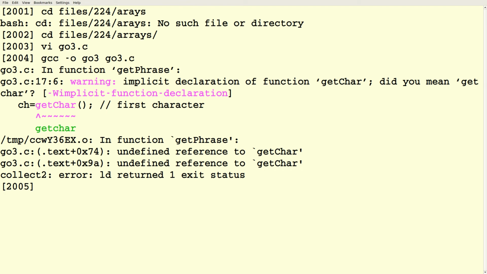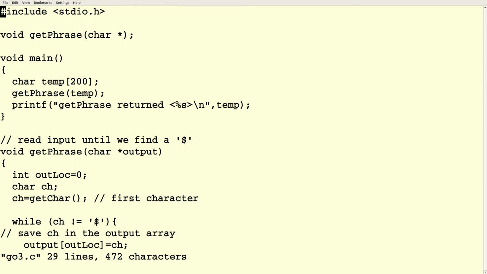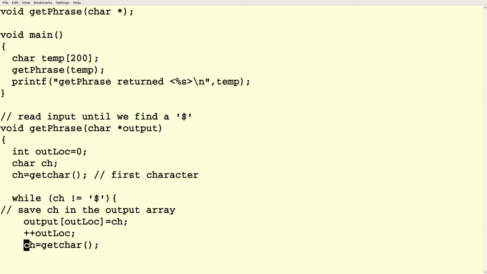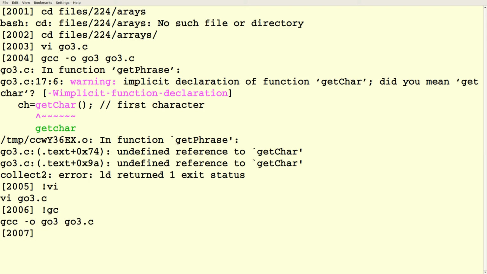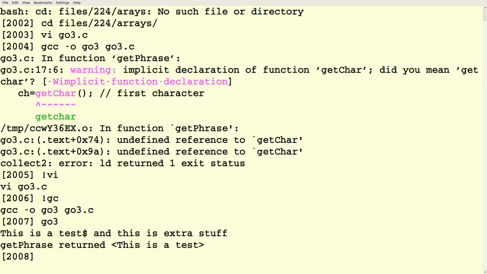Oh, look at all them errors, man. Okay. So in this case, we said our phrase is terminated by a $ sign, it read up to the $ sign, and that's all I put in the output array.